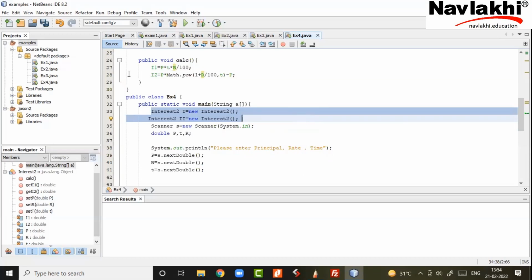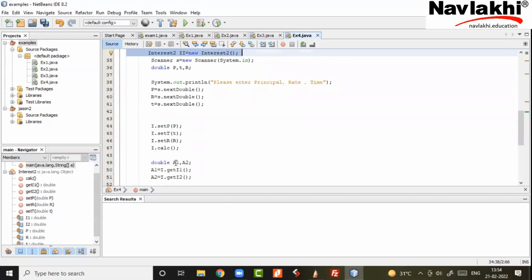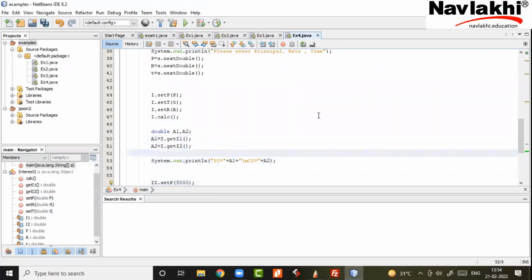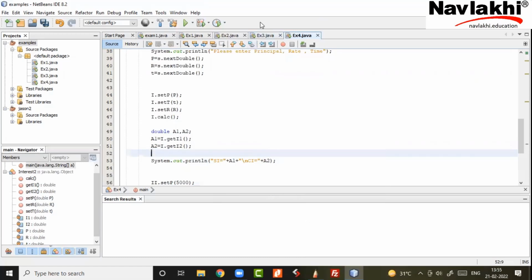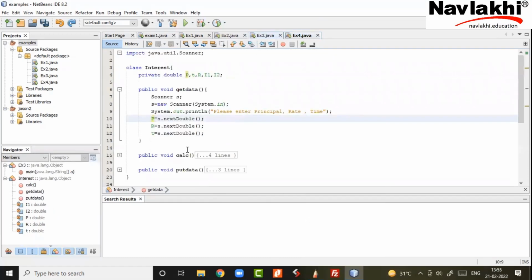Like in the main program, you're not supposed to know how calculate works. The main program simply says: calculate, brother, get the answer, print it. Now, to be honest, getter setter is something which I have never seen students use. Even if you use getter setter, you'll be the odd one out as far as your college is concerned. So the best technique which I tell students is to use the example 3 technique. This is the best technique.